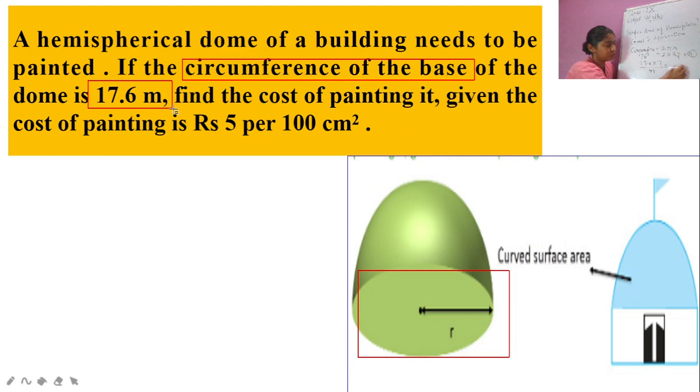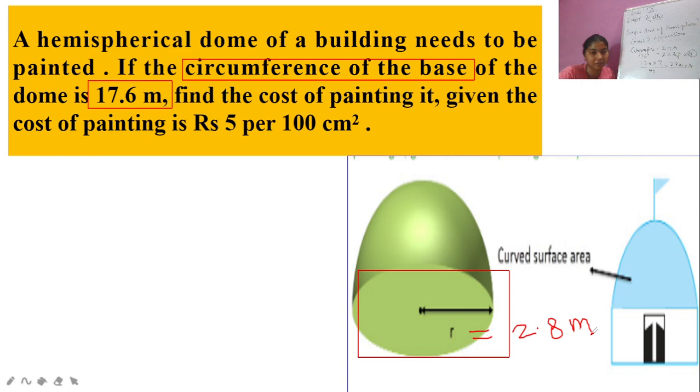So students, tell me the radius value is in meter, right? Okay, very good. So we get the radius value, that is 2.8 meter. This is the radius value we get for this hemispheric dome, right? We have calculated the radius, which is 2.8 meter, right? So now we have to calculate the